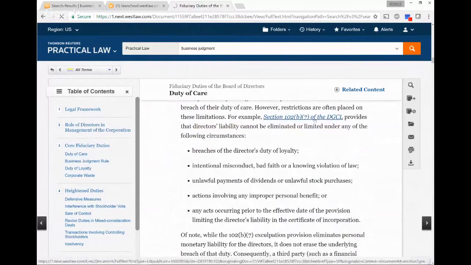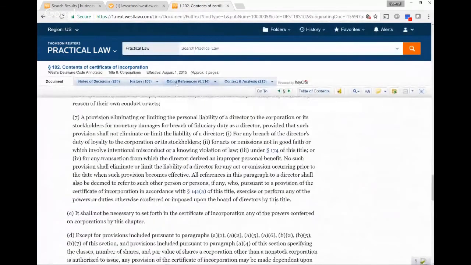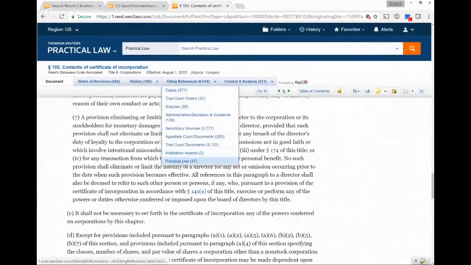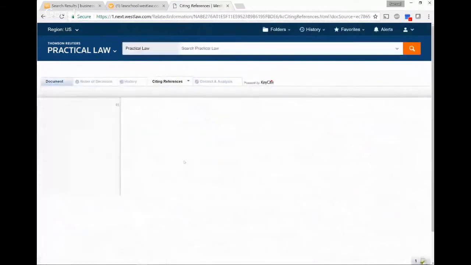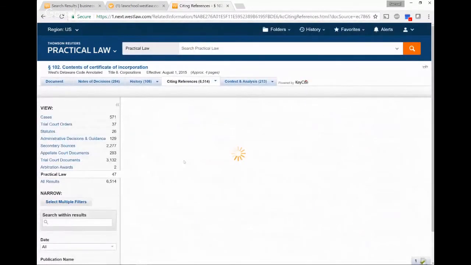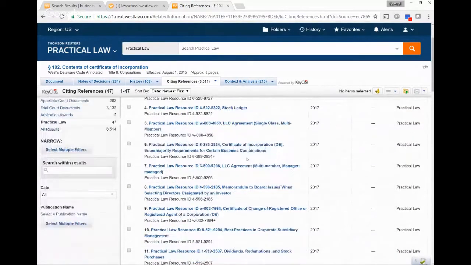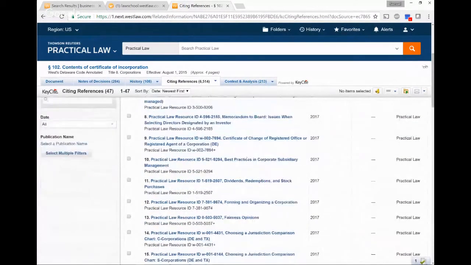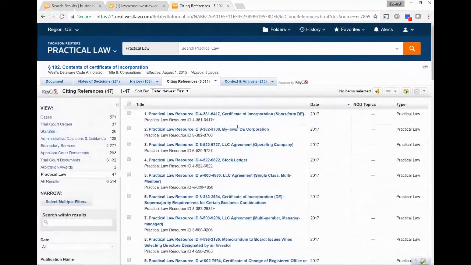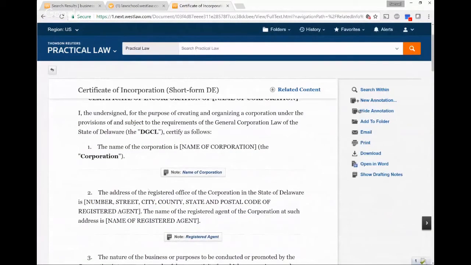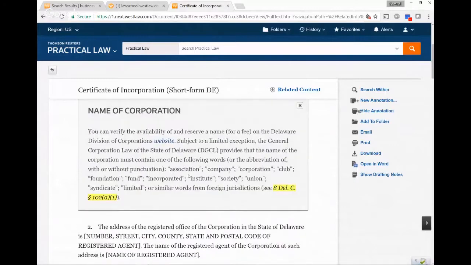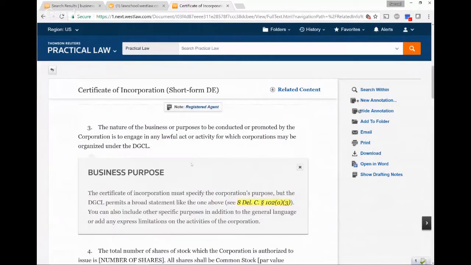If you're pulling up a section of the statutes on Westlaw, notice here, Practical Law is going to have those same things too. So you're going to read this section for class, guess what? Links to these resources that will actually tell you, hey, this is why these things are important. This is what the legalese means. I'm going to give you an example of another piece of resource on here. Because if a certificate of incorporation, maybe the certificate's defective, this explains what the legalese actually means and why it exists.